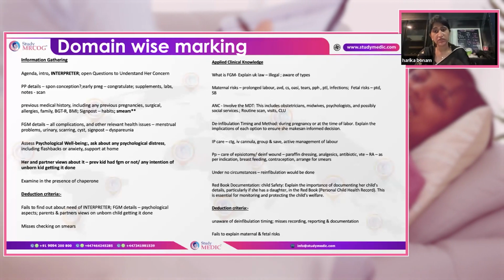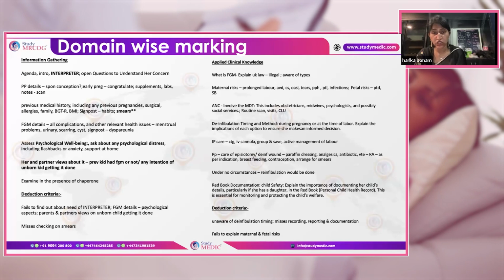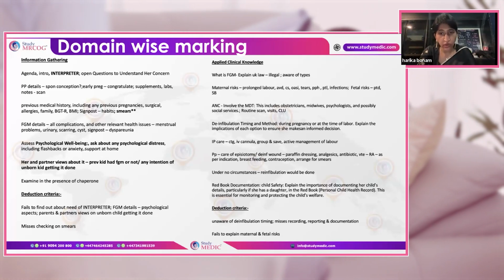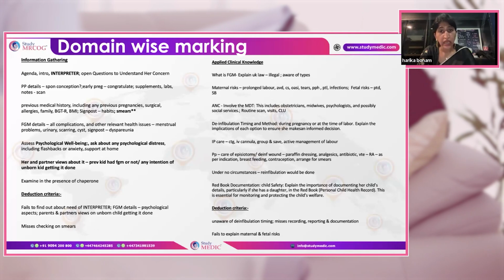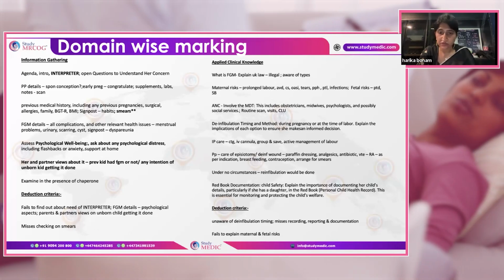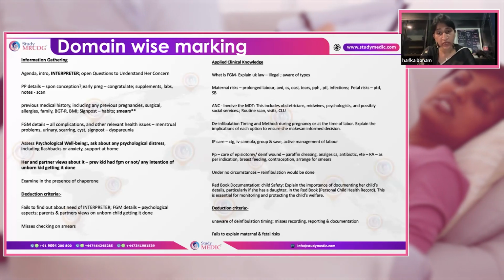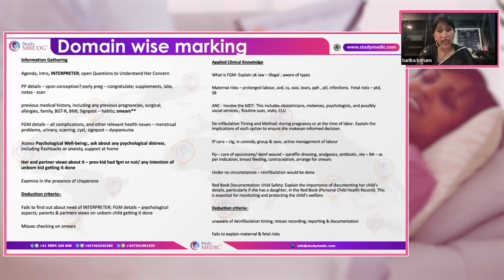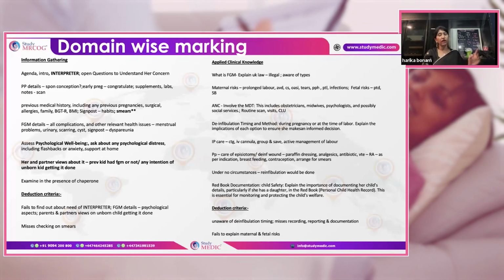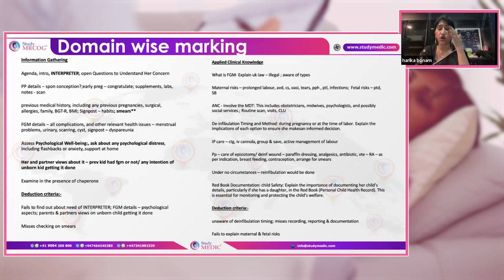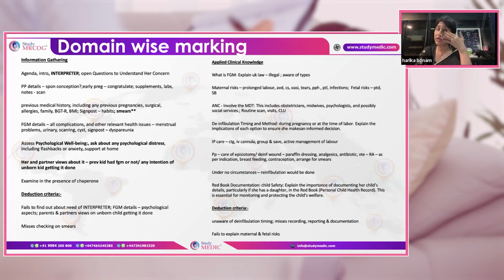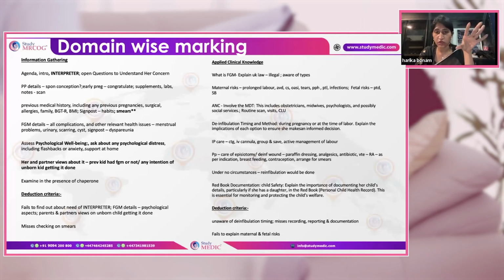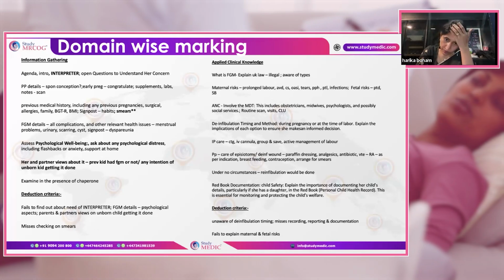Under no circumstances should you say that reinfibulation would be done. So the most important thing when you're talking about UK law, you have to talk about the recording, the reporting, and the safeguarding issue. In the red book of the child, you'll have to record that the mother has FGM. And when you are recording, you'll have to say that you will be recording without anonymity, but at the time of publication, the anonymity will be maintained. The importance of that you'll have to explain to the patient.